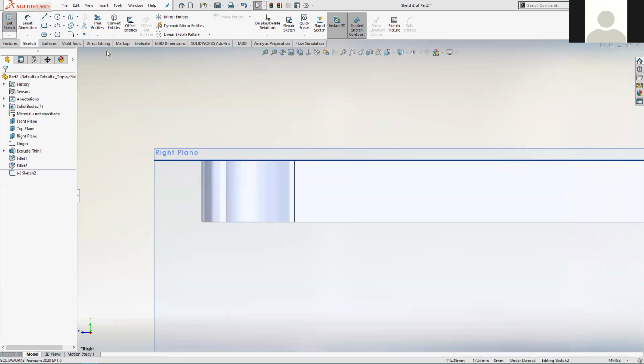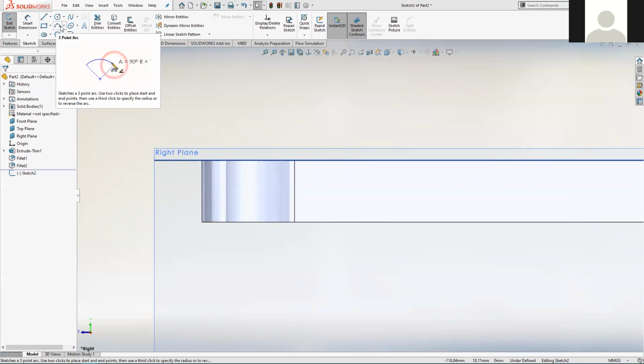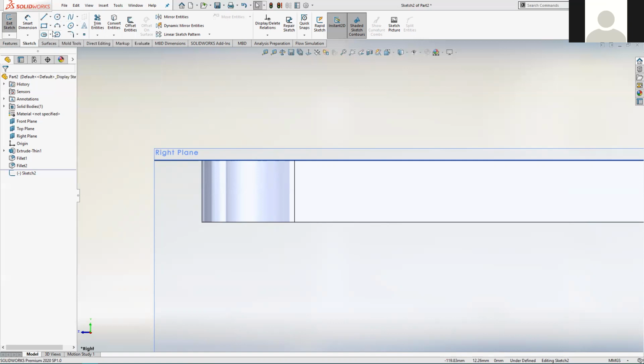So let's create the arc first, because I don't think we've used the 3-point arc tool, or any of the arc tools for that matter. There you can see there's a semicircular arc. It's got 3 points on it, and if you hover over it for long enough, you get a little animation underneath showing you what the clicks are going to do. The first click is on one end, the second click on the other, and the third click sets how much curvature the arc has. So I'm going to select that